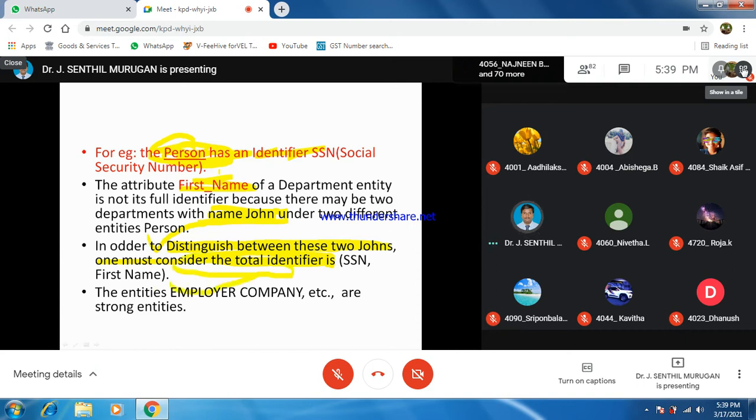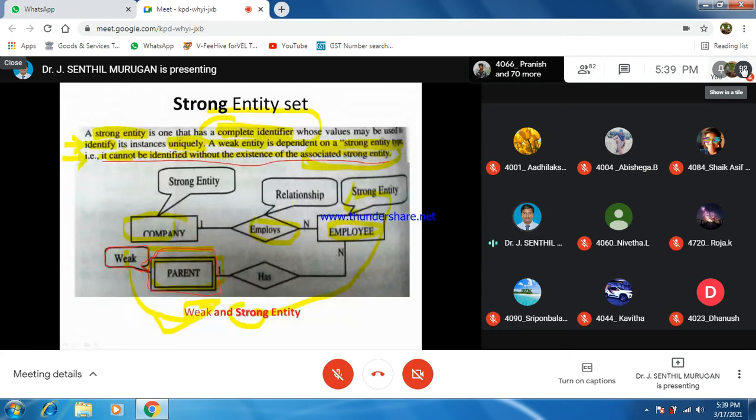So we are using those total identifiers. We have to distinguish those Johns. Then from the employee company we will get the strong entities. Like this we are going to distinguish. So we will get a strong entity as well as a weak entity.